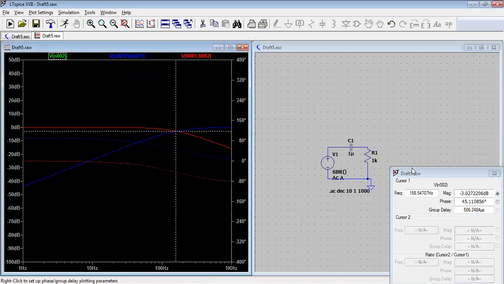The thing is, if we are taking the output across the resistor, then it's a high pass, and if we are taking the output across the capacitor, then it's a low pass filter. So this red color is your output, this is your low pass filter, and this green one is your high pass filter.